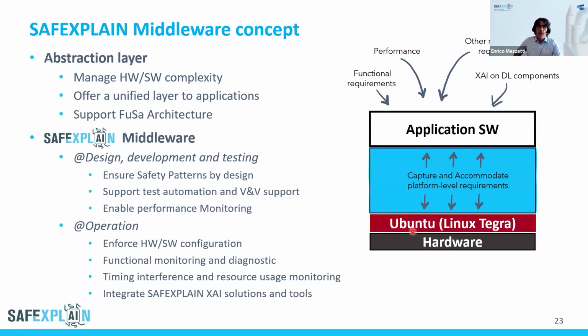What is the concept of middleware? Middleware is something that we are meant to bring in between the hardware and simple software stack and the application software in order to capture all the requirements arising on the application level, on the functional requirement, performance requirement for the AI application, or another set of non-functional requirements including timing and interference when executing the multi-core setup, or any other non-functional aspect related, for example, power consumption or segregation